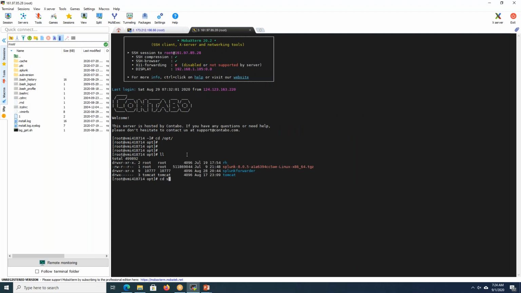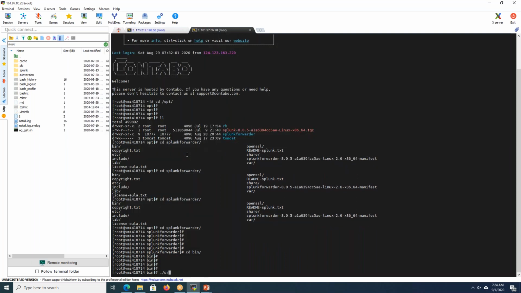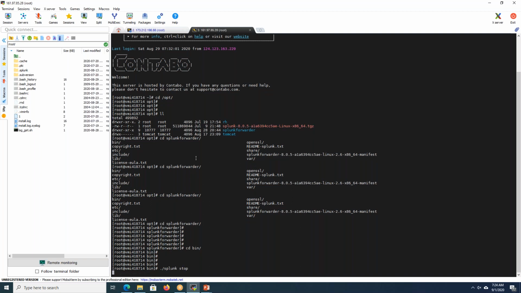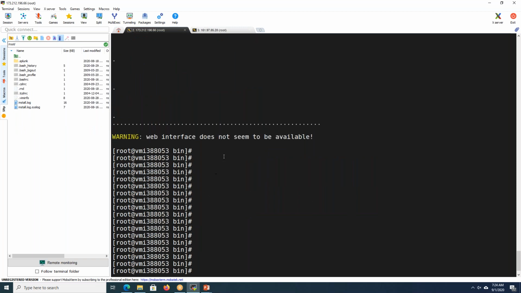Normally I will use this for the Splunk forwarder. I'm stopping this instance, the universal forwarder. Yeah, it came.